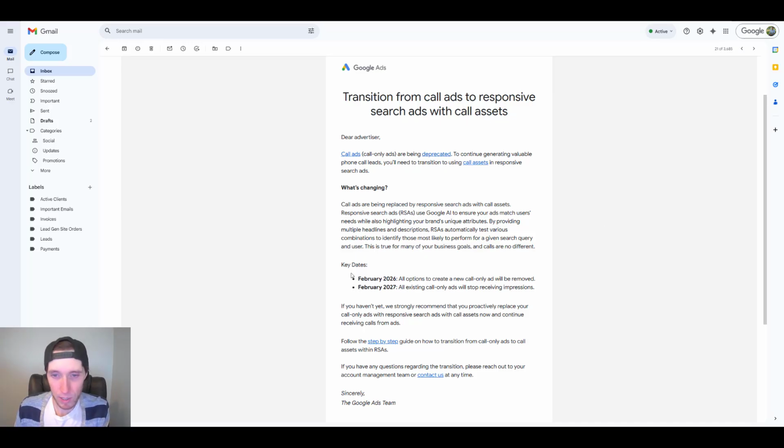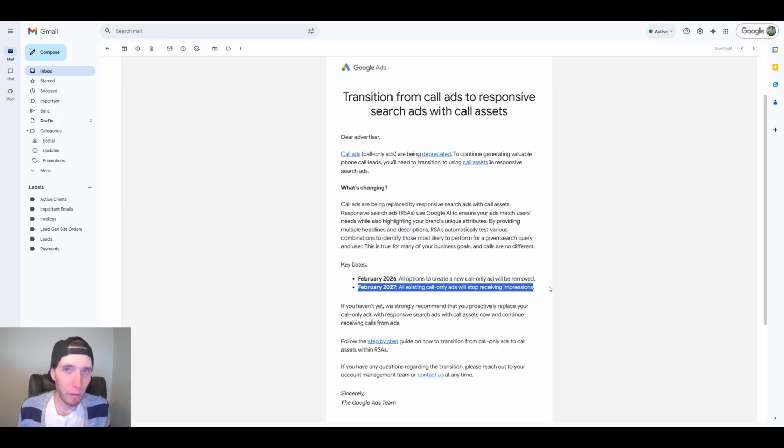But from right here, you can see in February 2026, they're going to pretty much remove the option to create new call-only ads. So what that means is essentially if you have call-only ads in your campaign right now, they will continue to run. The second thing right here is you essentially have 1 year before your call-only ads will no longer get impressions. Now, I would probably bet that Google is most likely going to start giving you fewer and fewer impressions over time as this year goes on.